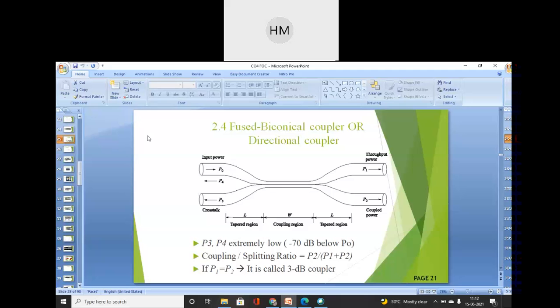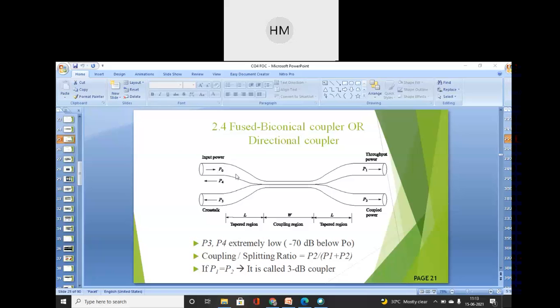Now, in continuation with this, we have n number of couplers. Depending on the application usage, inputs and outputs, we can use this coupler. So this is a directional coupler, where input power is P0. We have discussed crosstalk also. That is a very important parameter because that tells us the reflected light back into the different optic fiber. That means this is the loss, crosstalk.